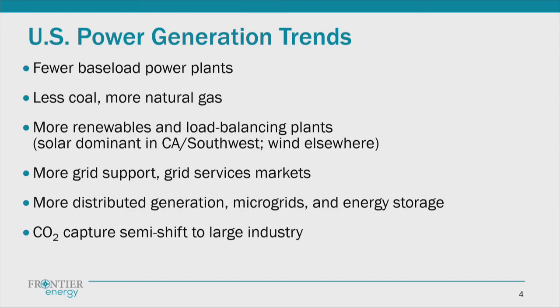The other thing I work on is carbon capture and storage, carbon sequestration. Not going to talk about that tonight, but if you've got any questions about that, feel free to ask that